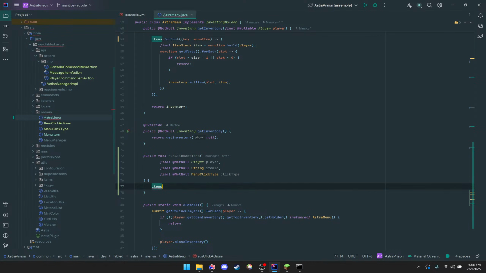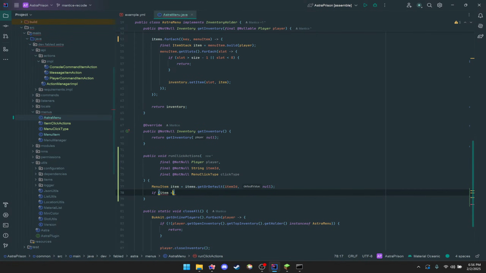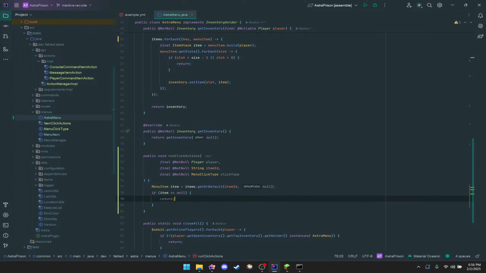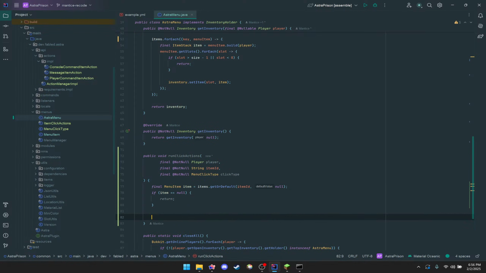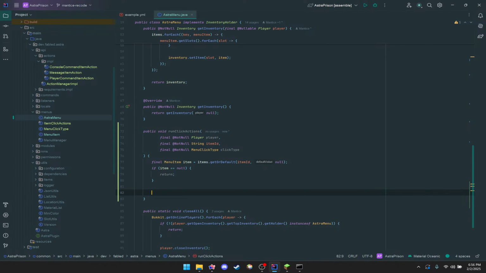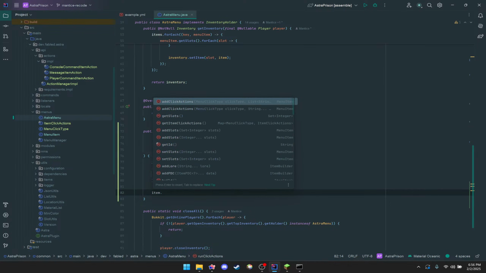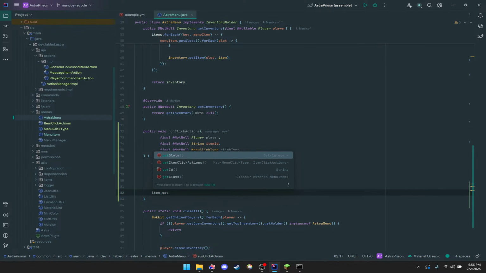So now we'll say items dot get or default item ID null, say menu item. If item is null, then we'll simply return and do nothing. No problem there. If it's not null, then we'll say item dot get item click actions. What we'll actually do is say